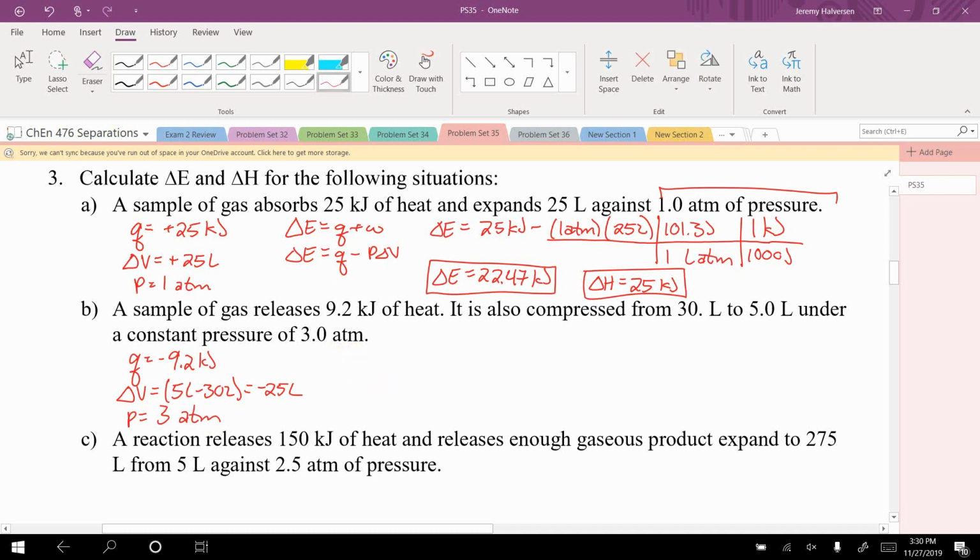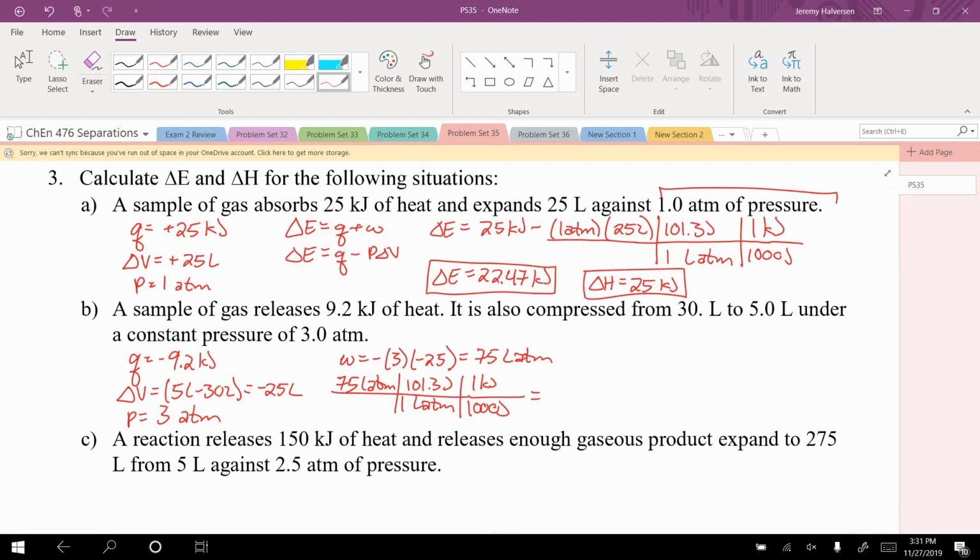This time, why don't I calculate the work and convert it to kilojoules before I calculate energy? So I know that my work is going to equal negative P delta V, which is going to be 3 times negative 25, which is going to be 75 liter atmospheres. Then I'm going to take that 75 liter atmospheres and convert it, and say 1 liter atmosphere equals 101.3 joules. And then I know there's 1,000 joules in 1 kilojoule. So 75 times 101.3 divided by 1,000, that got me